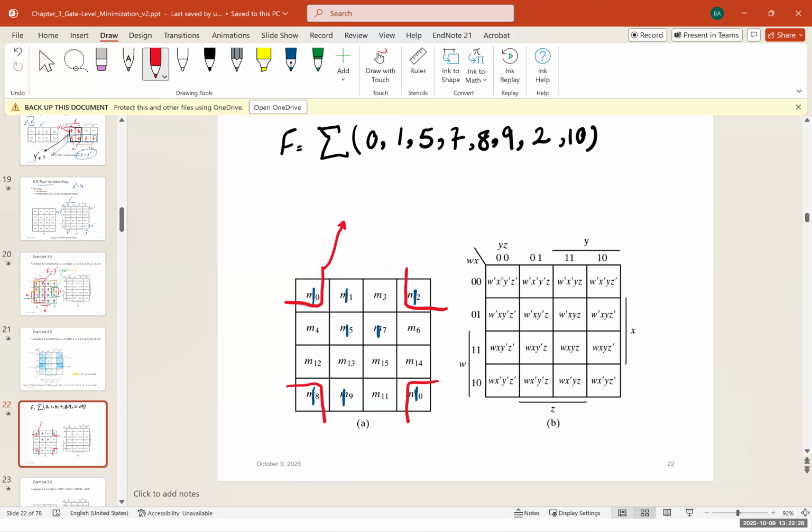And if I combine them, again, this is W, Z, X, and Y. So if I combine all 4 corner ones, what do I get? I would get X prime, Z prime. So F for the red one is going to be X prime, Z prime, again, because these are X prime, these are Z prime, and Z prime. Plus